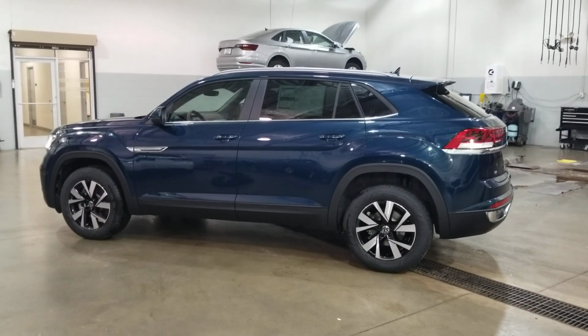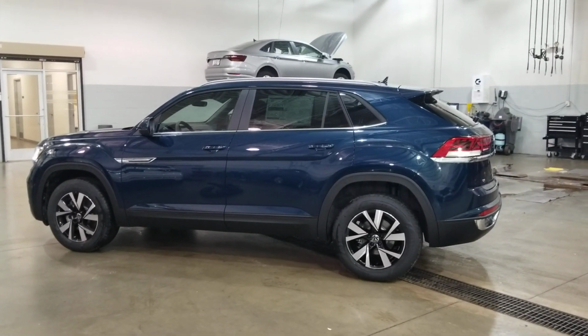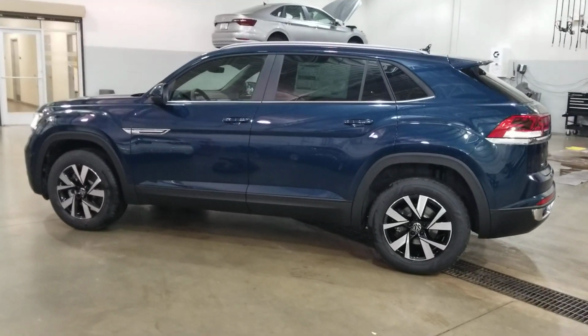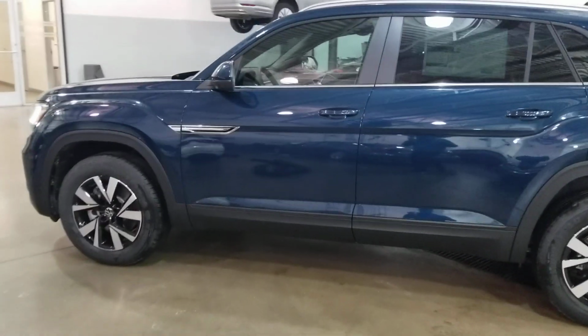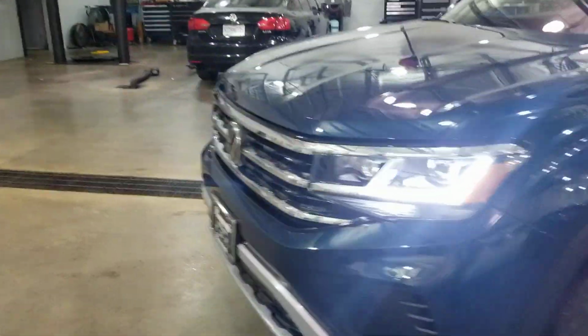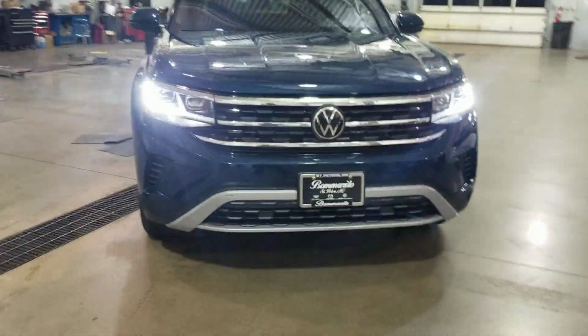Today I'm bringing you a special car. This is a 2020 Volkswagen Atlas Cross Sport 2.0 Turbo SE. This one is Tourmaline Blue. It features alloy wheels, LED headlights, LED running lights, LED all-weather lights, a little more rugged grille than the regular